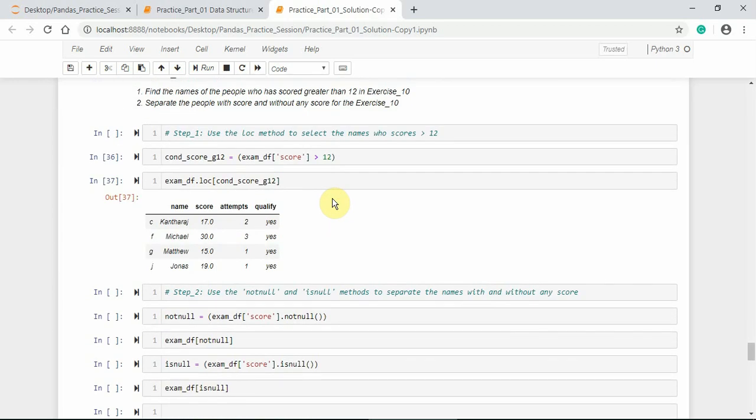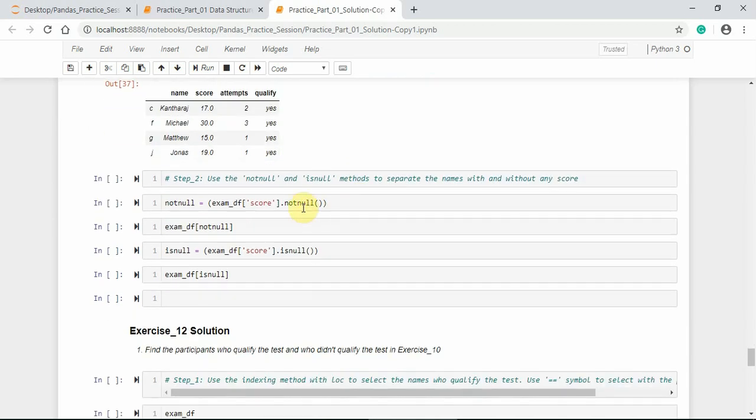Here we got the new data frame with the score column greater than the value 12. In order to separate the names with and without any score, we can use the notnull and isnull methods on the column score.